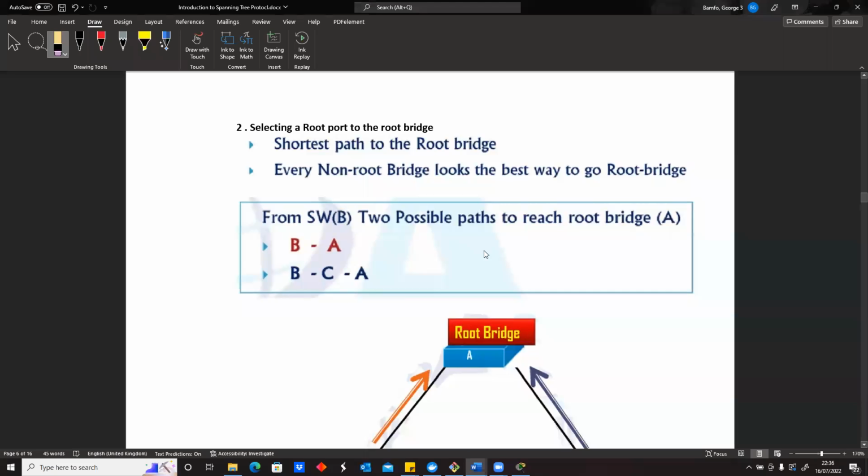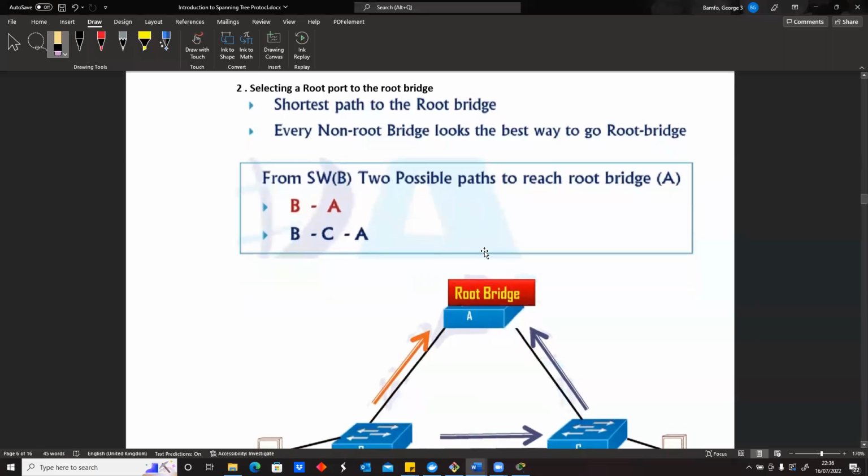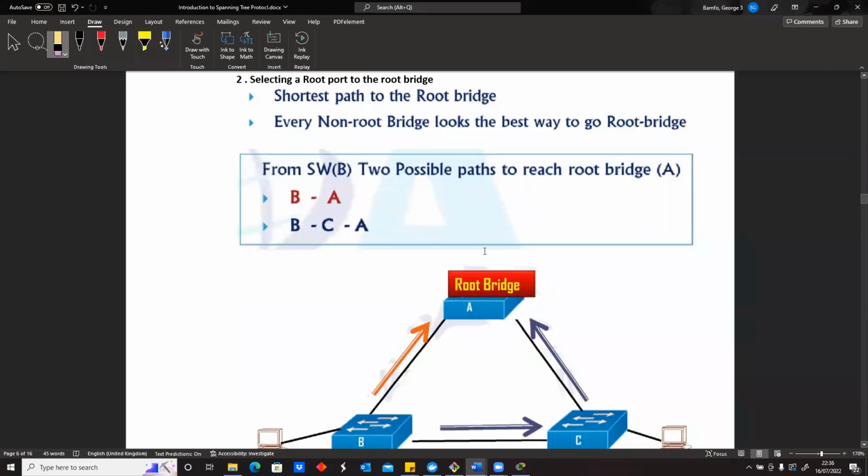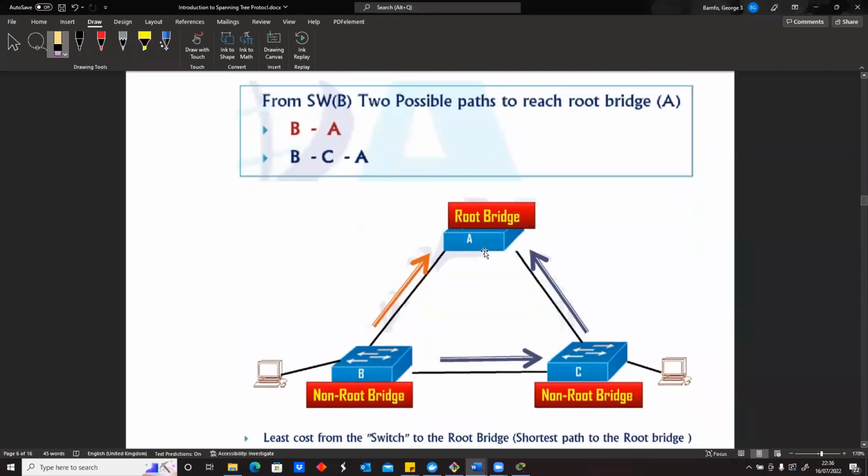So after we decide who becomes the root bridge, our next task is to decide which devices on the non-root bridges. So basically, if this guy becomes the root bridge, he's like the king of the jungle. So every other person is like a subject. So sometimes we refer to them as the normal citizens. So they become non-root bridges, but all the non-root bridges will have to decide the best route to get to